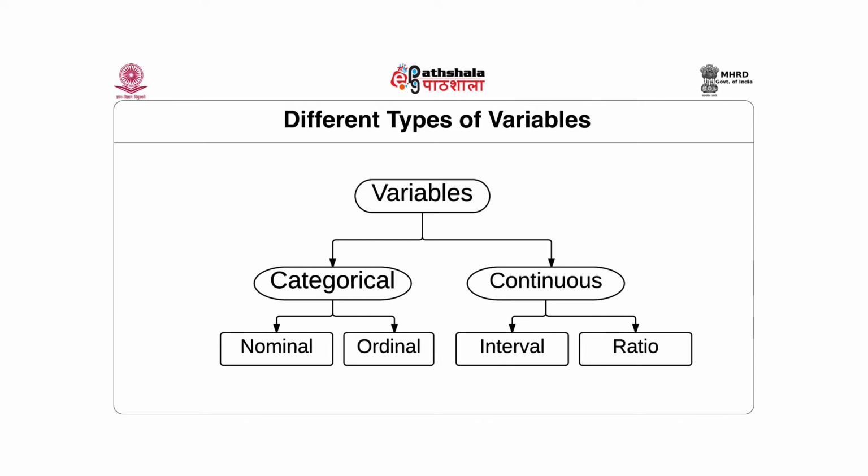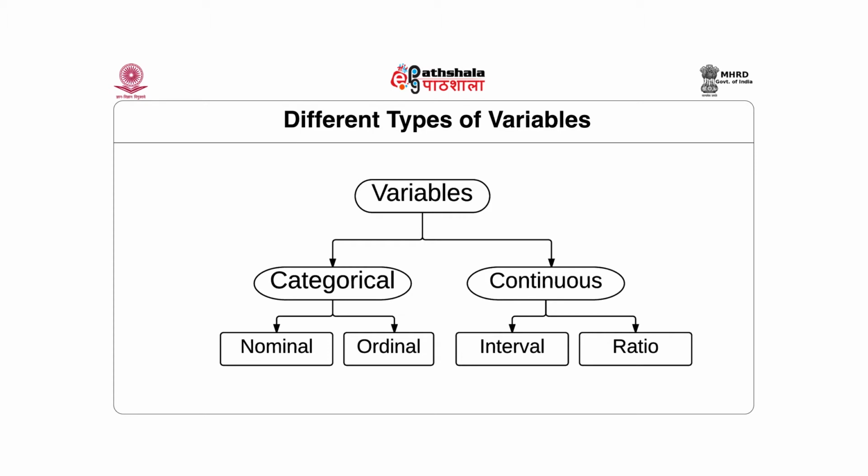Now, if we could form a loose classification tree of the different types of variables that we get to see in our data analytical works and processes, you will see that you can largely divide them into two groups. One group of variables is known as categorical variables. The other group is known as continuous variables. And variables, of course, is any entity that can vary in time, over space,